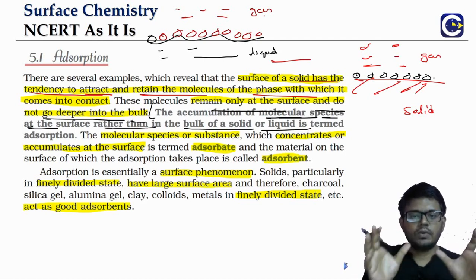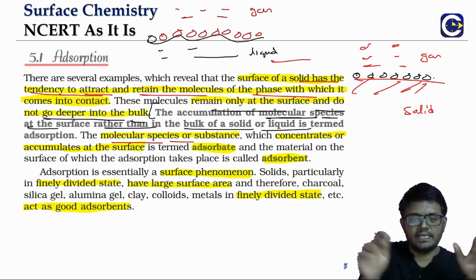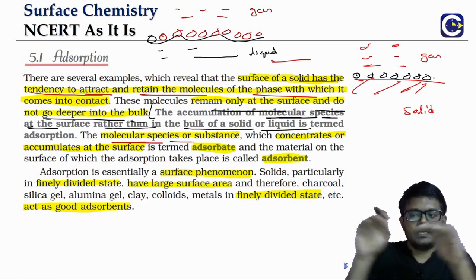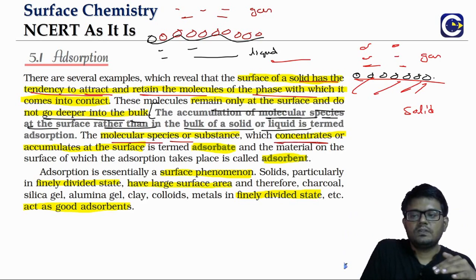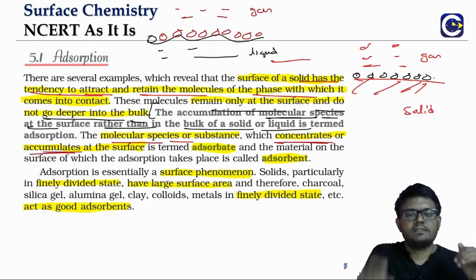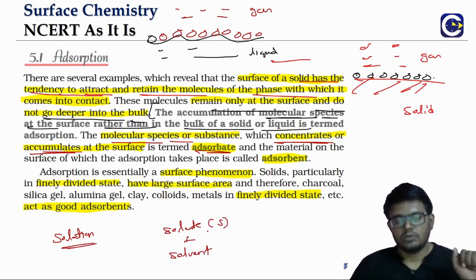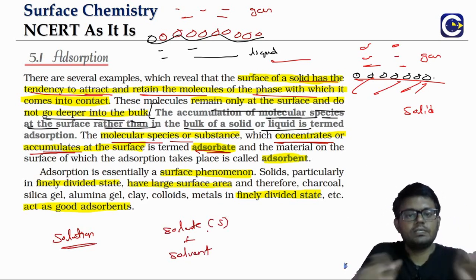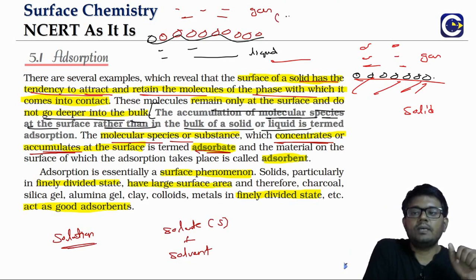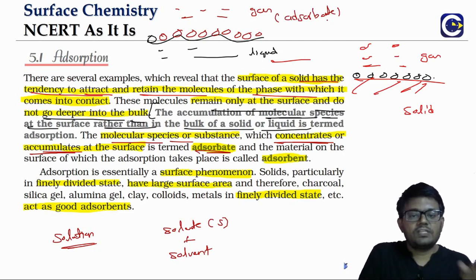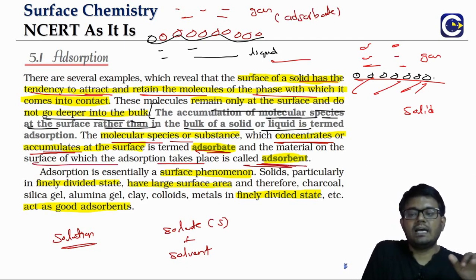Okay. So when you look at the molecular species or the gaseous particles which are coming and settling on the surface, that is accumulated on the surface, that's what we call the adsorbate. Like in a solution's case, a solution will be having what? A solute and a solvent. Of course, we can have many solutes also, but you'll have a solute that is getting into the solvent. Same way here, this gas will be called as what? Adsorbate, like solute. And the surface on which the adsorption is happening, that is what we call the adsorbent.